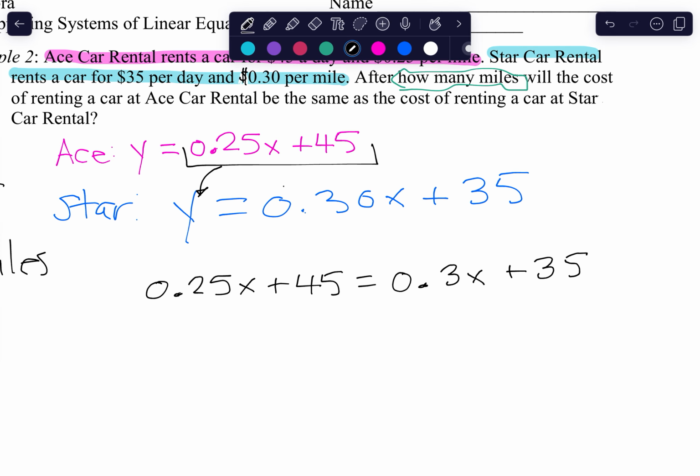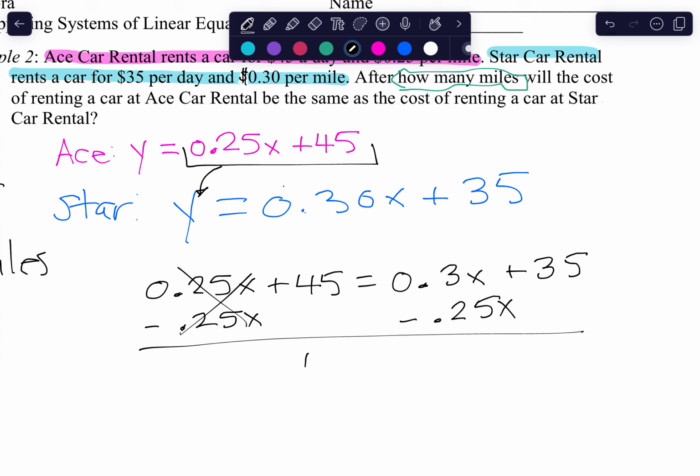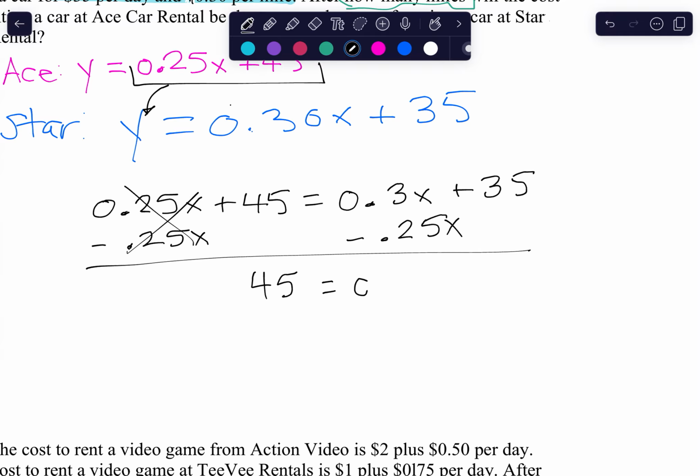So I'm going to subtract 25 cents from both sides. So when I do that, I get 45 equals 30 cents minus 25 cents is 5 cents, so 0.05x plus 35. And then I'm going to subtract 35, but I'm running out of room, so I'm not going to show the subtraction. But when we do subtract, 45 minus 35 is 10 equals